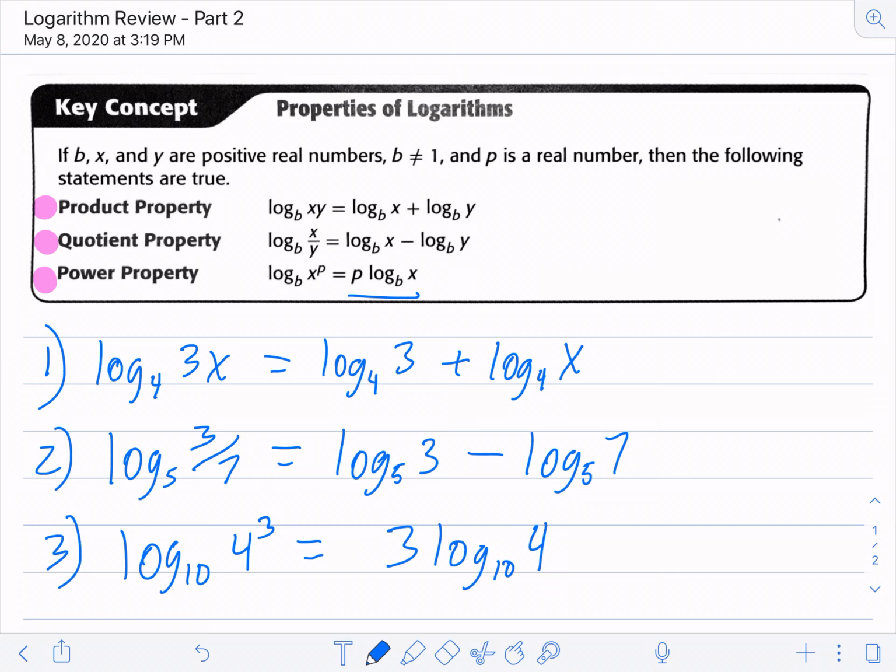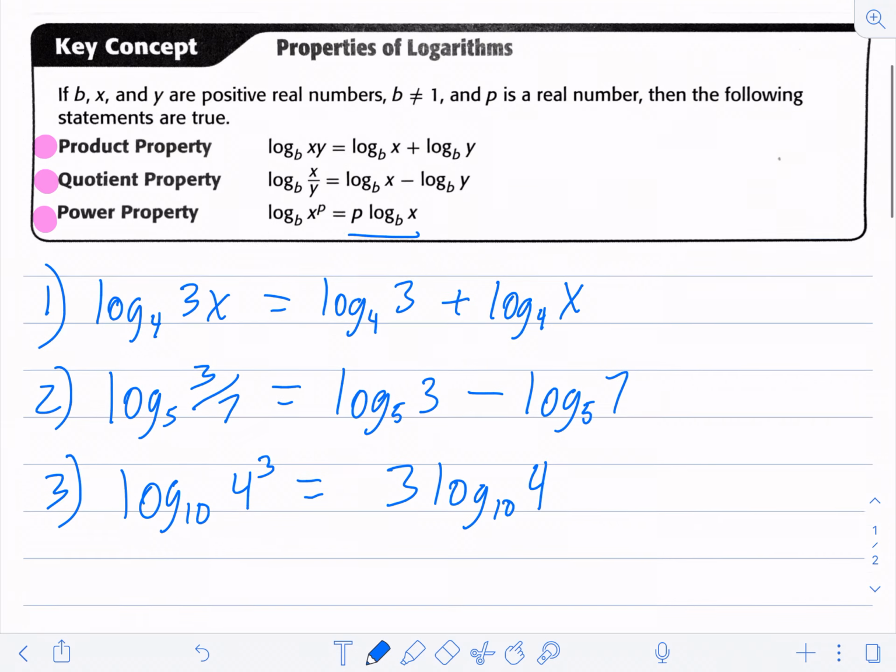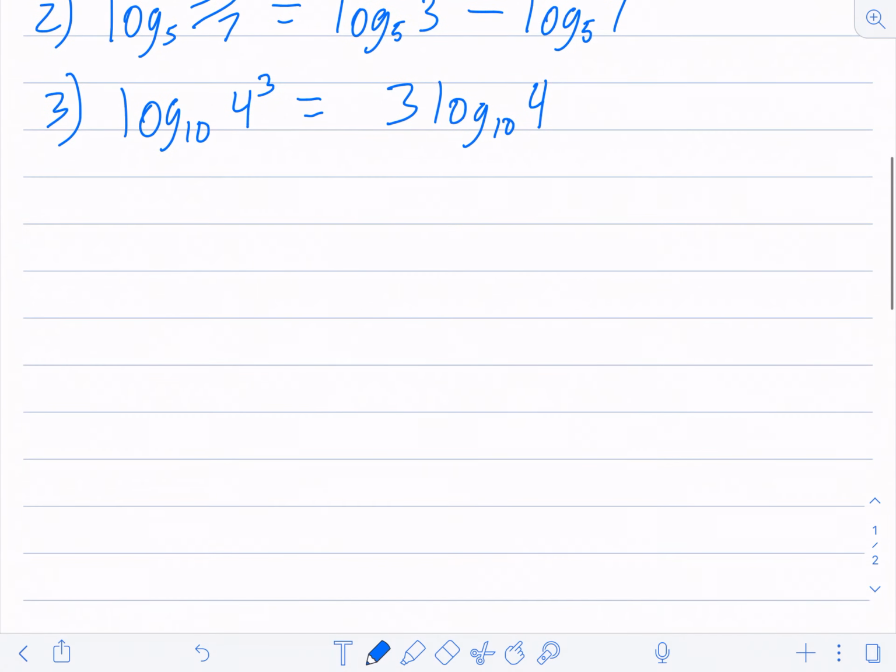And you could try these with simple examples numerically. If you look at both expressions, these do come out to be equivalent values, and these properties do prove to be true. So that's the basic properties: the product property, the quotient property, and the power property. Let's take a minute and look at a couple of examples